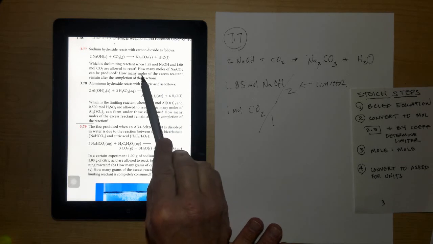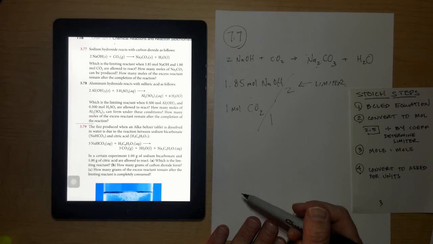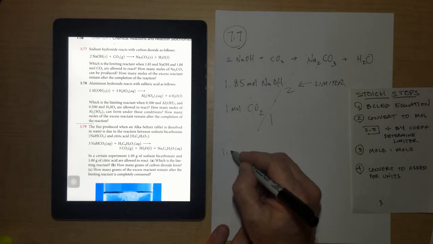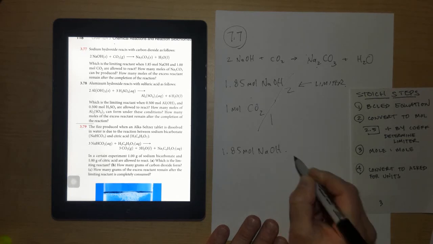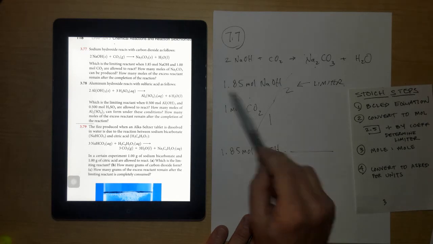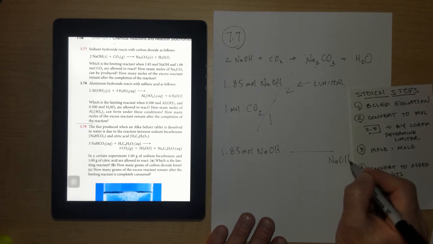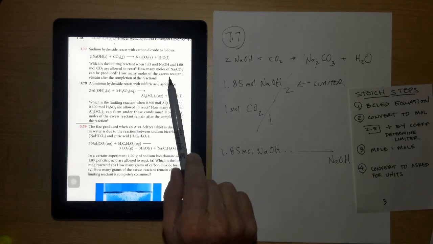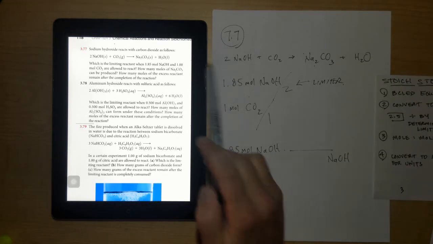So now that I've determined my limiter, how many moles of Na2CO3 can be produced? Start with your limiter. Always start with your limiter. That amount, not the amount after you divide it by the coefficient, but start with the amount. And then put the units that you have in a position where it's going to cancel. Put your desired units on the top. What do they want you to know? All right, you're going to have to figure that out from there, but they desire you to know this guy